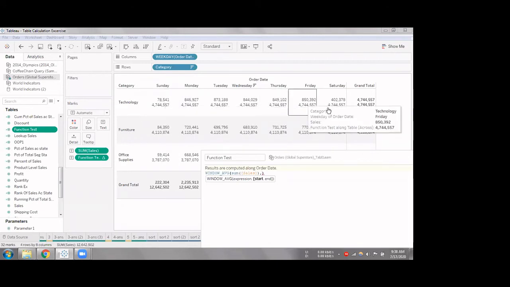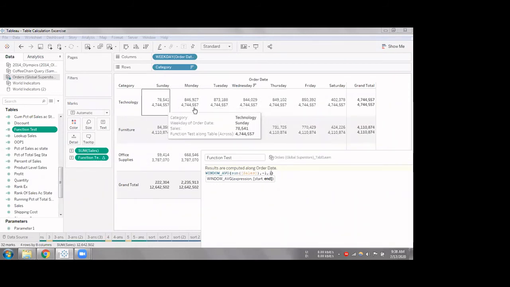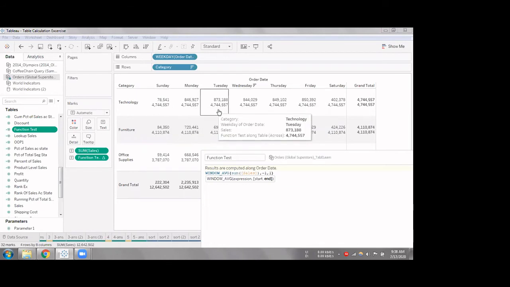Before, we used to give a fixed set of start and end, like -1 and 1. This is a fixed set, but for the use case I'm discussing now, this fixed set of start and end values will not work. My start value should change dynamically as I progress across my table across. As you can see, my start value here should be 0, here -1, here -2. Can you think of a function that can give us those dynamic values?